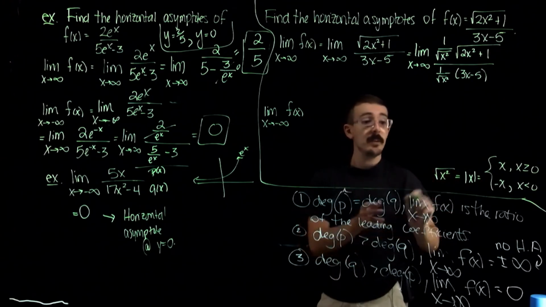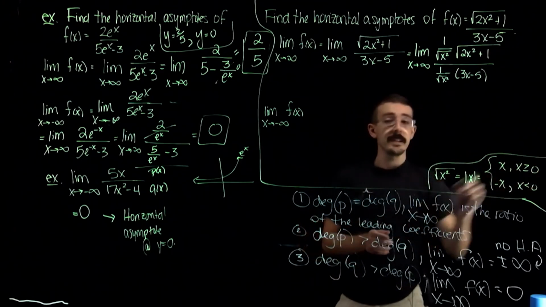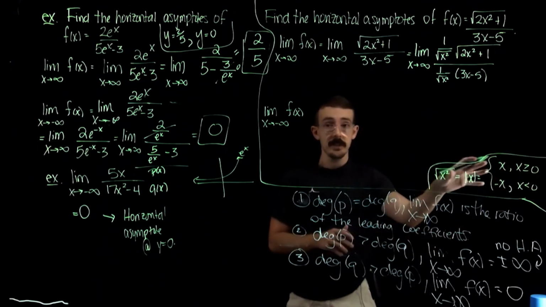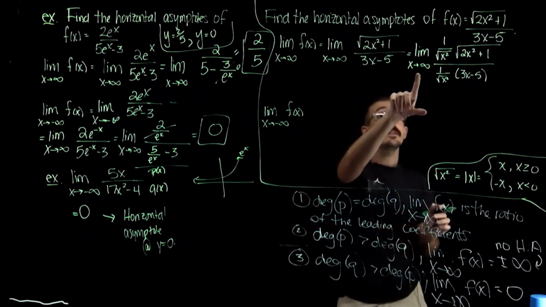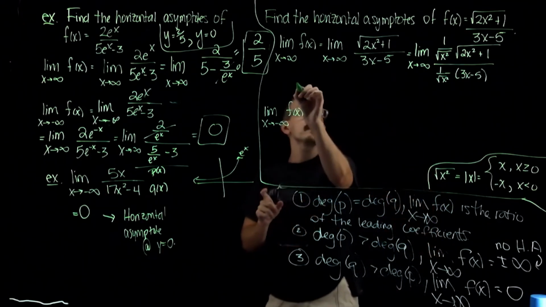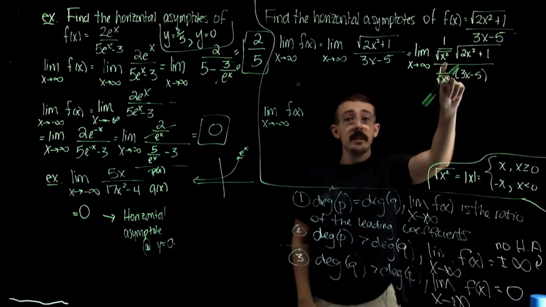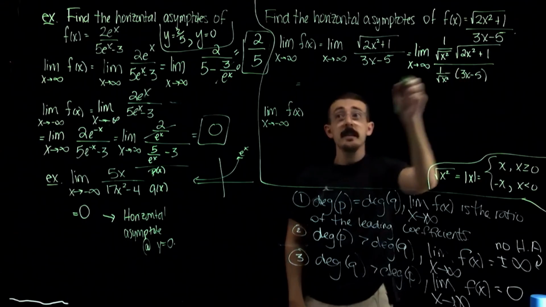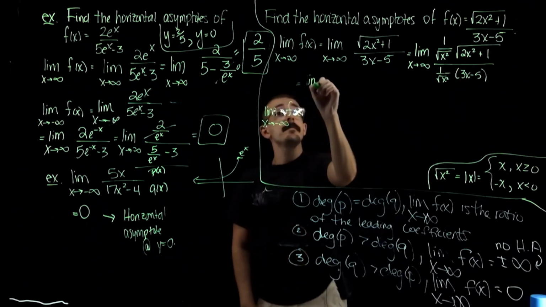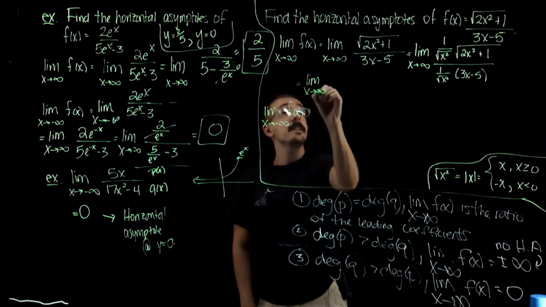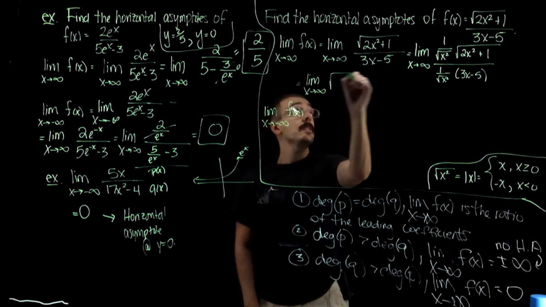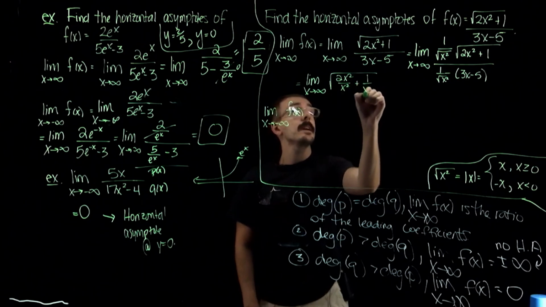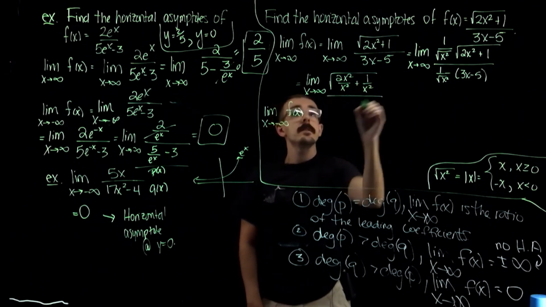So I have to keep note of this rule as I'm working through the rest of the problem. So just keep that in mind. So when I look at this, I'll go to the next line here. Now that it's radical x squared, I can distribute this in, and I'm going to get the limit as x goes to infinity of radical 2x squared over x squared plus 1 over x squared divided by,